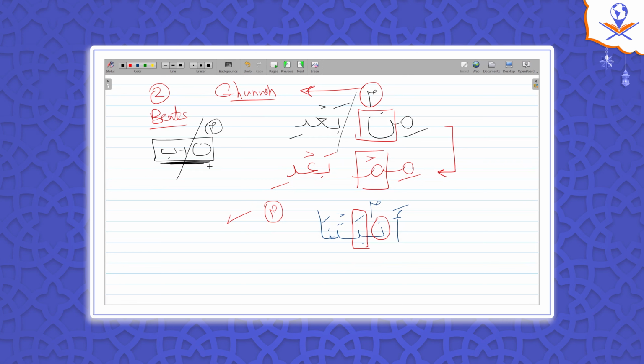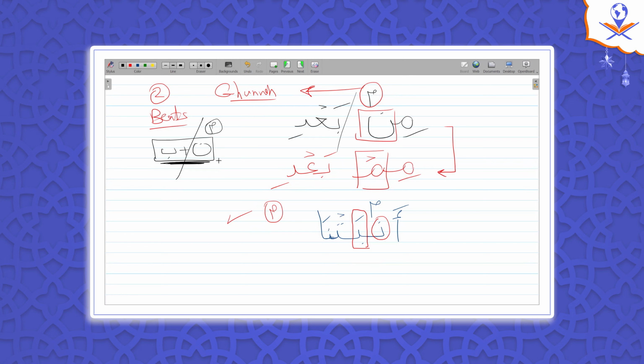Yes, it's okay. By the way, this is not bad. The only thing is that it depends on the meaning. Sometimes you may change the meaning, or you may not give the exact meaning, or you may convert the meaning. But you have the right to stop anywhere in the Quran. Just make sure to not change the meaning. But it's okay. Yes, you have the right to do this. No worries at all.